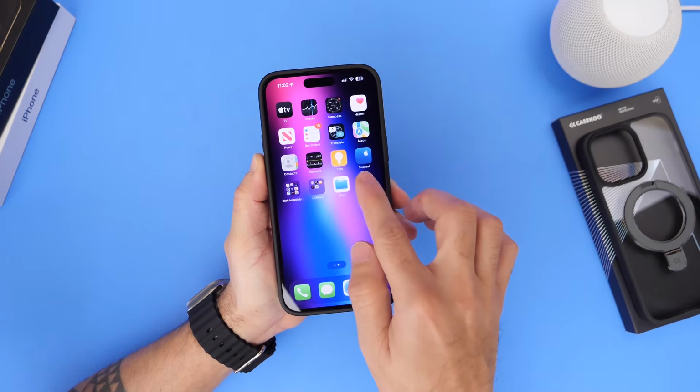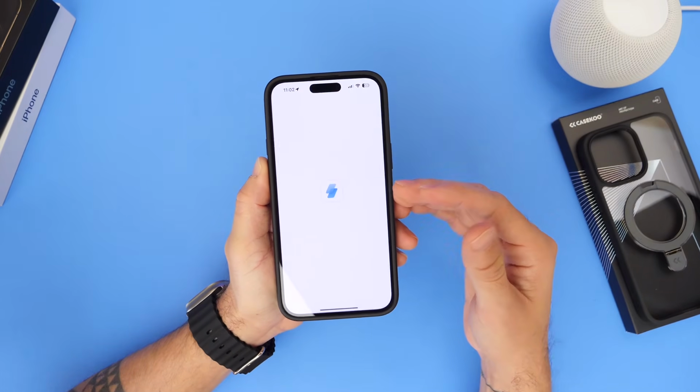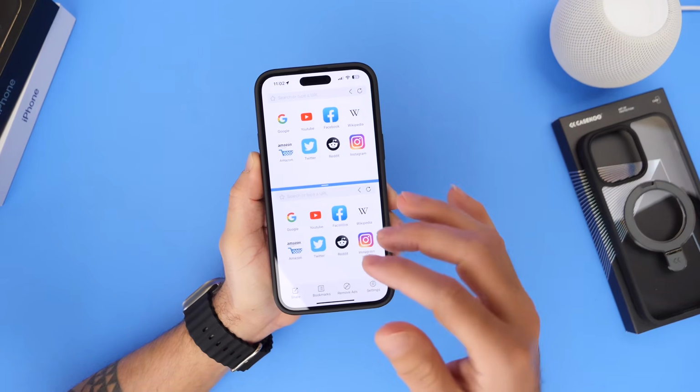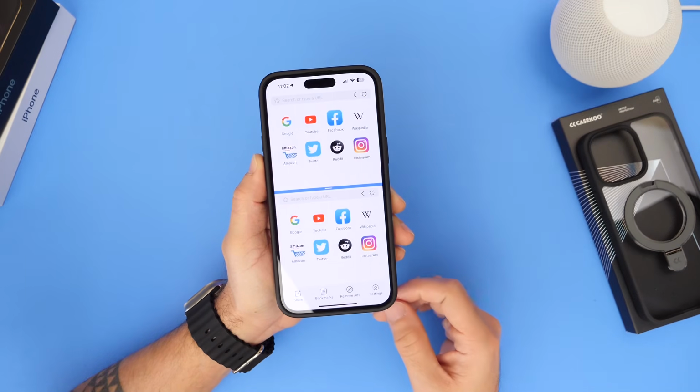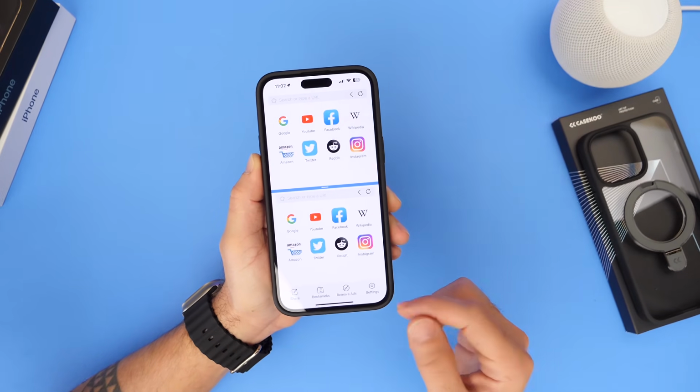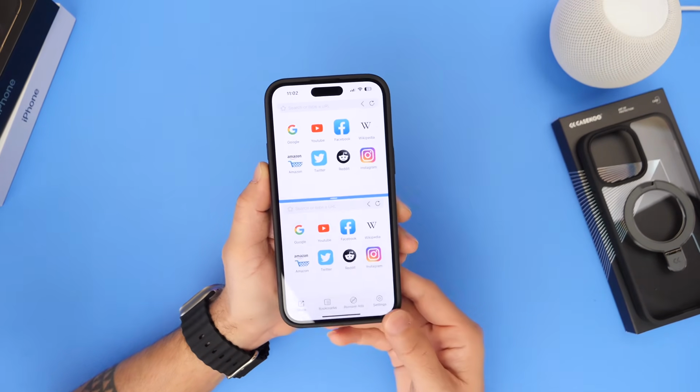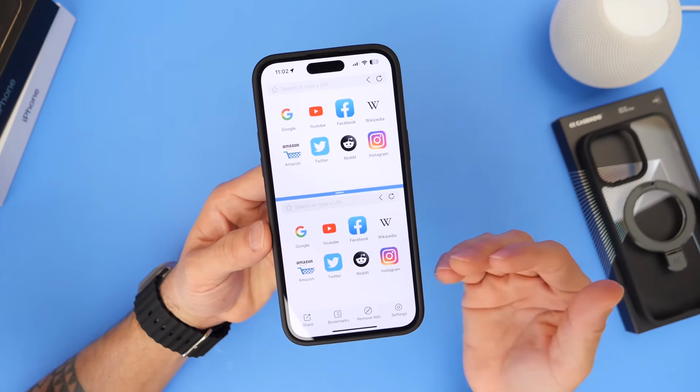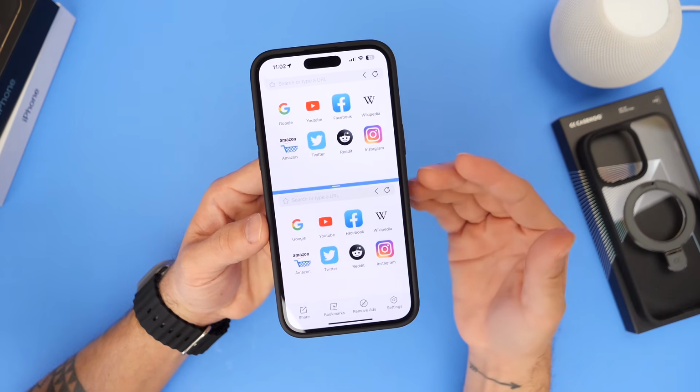Now with iOS 17, the split screen multitasking experience that you guys have been asking for is basically the ability to just have multiple apps open at the same time. Now I gave this some thought and I found this app in the App Store. Links will be in the description. I wanted to share this one with you guys so that those of you that want this feature can try it out